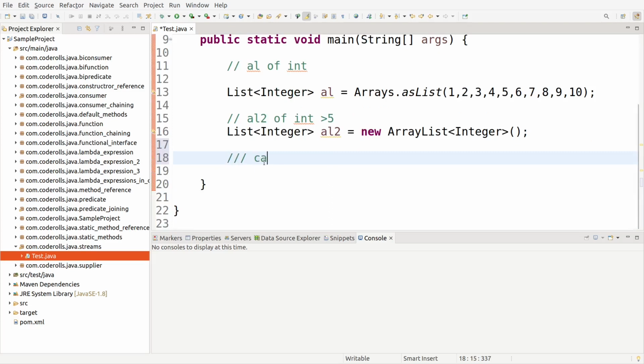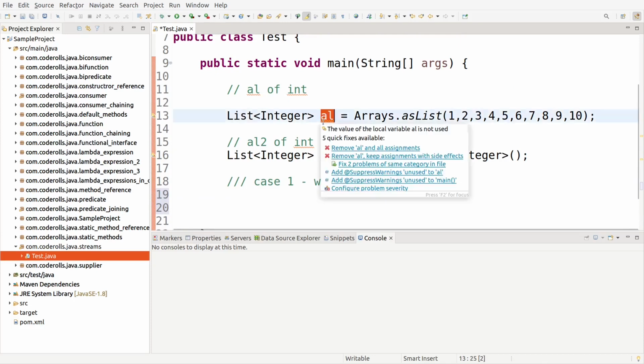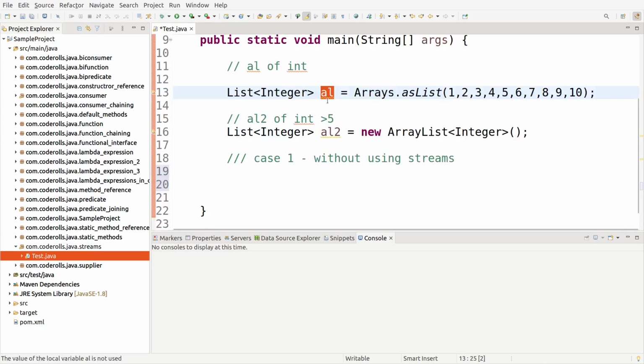So let's say case 1, without using stream. How can we do it? Basically we will iterate over that list and write a simple if condition. If the element is greater than 5, we will add it into AL2, otherwise we will move forward.